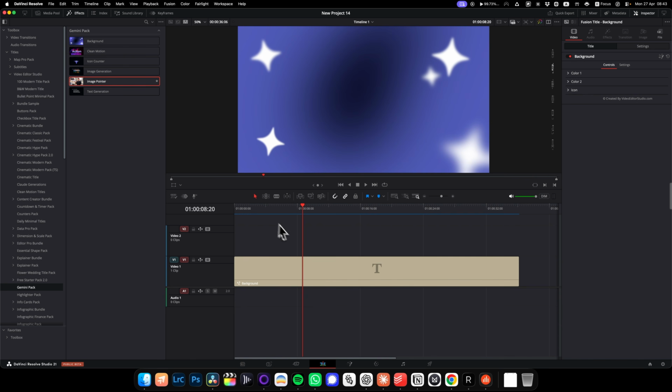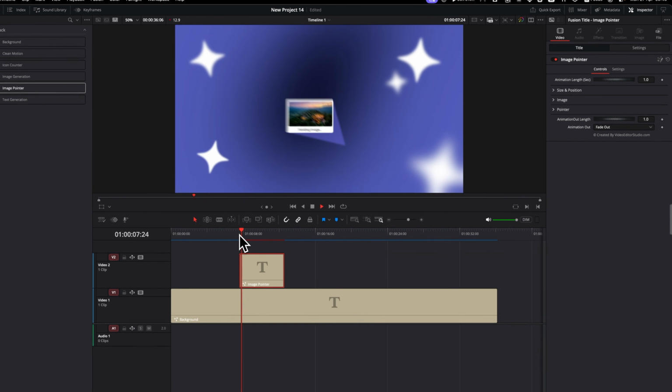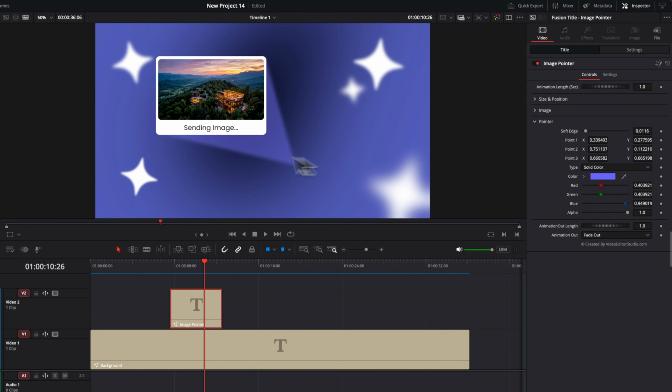Then for the next one, we have an image pointer. So here, I'm just going to drag this one in as well. And we have basically a callout here pointing to wherever you want and then displaying an image. Again, it has pretty much the same controls. You can load your own image right here. And then you have the point, and then you can adjust the shape of that triangle by moving the point